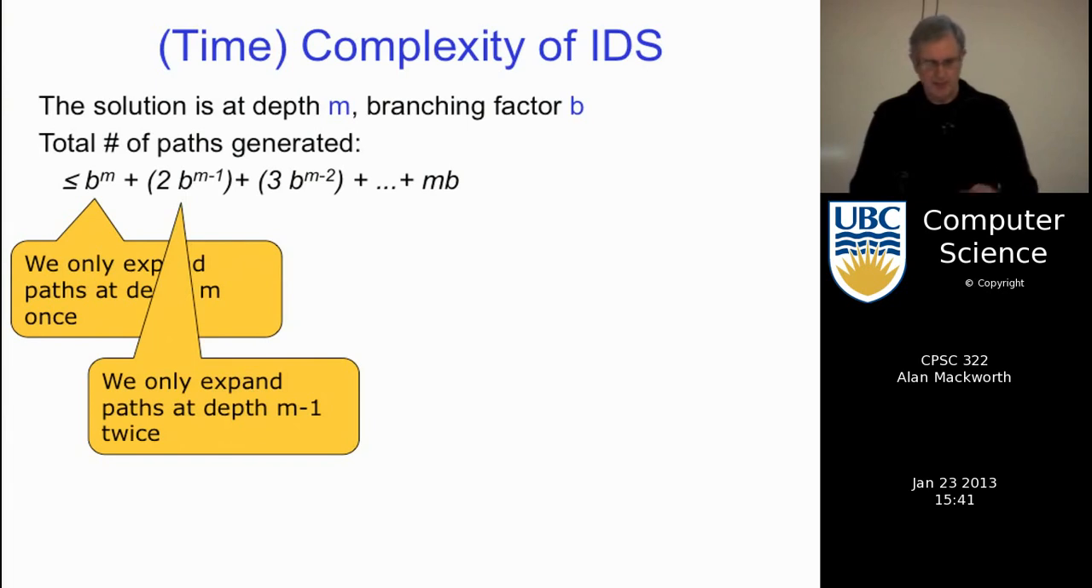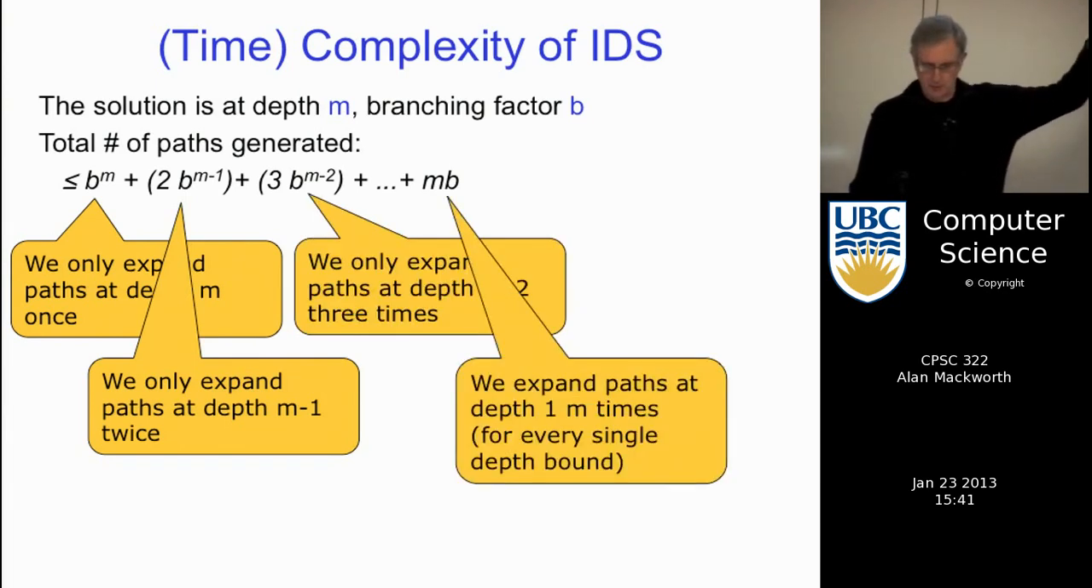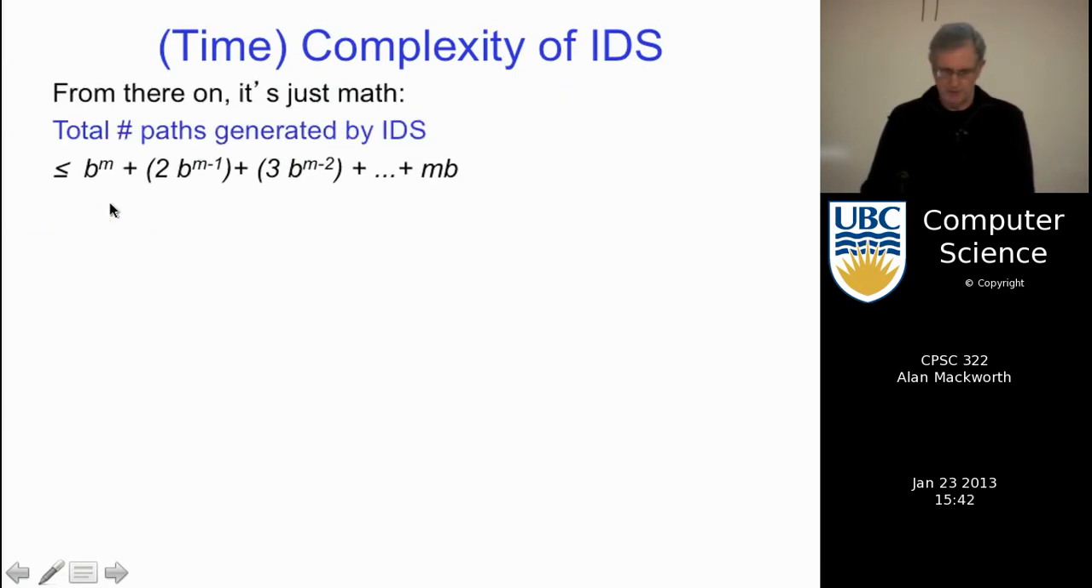But you expand the paths at one level higher twice, and one level higher than that 3 times, till right at the top, at depth 1, you expand that m times. So that's where all the repetition is. But this term dominates this sum. So that, as we did with a little fancy algebra,